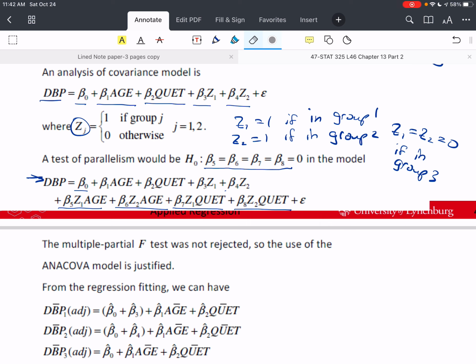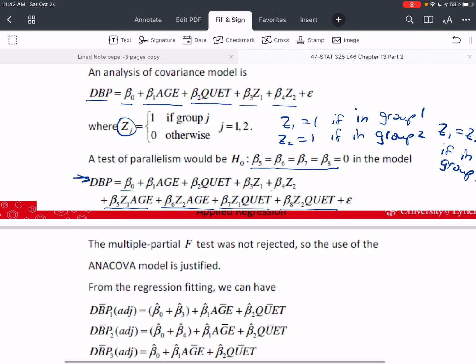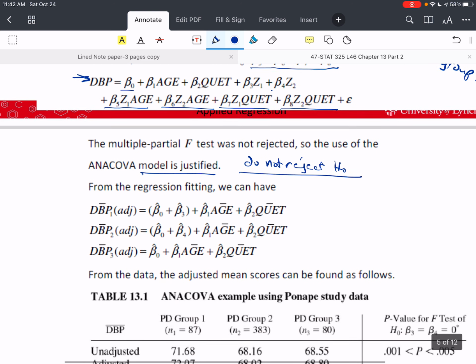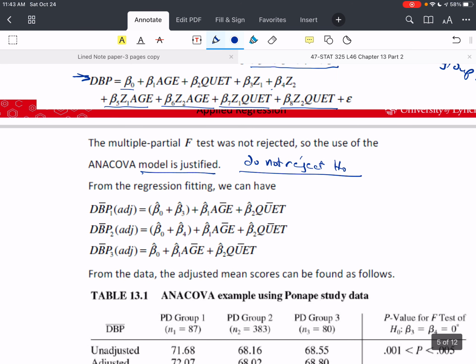So the use of the ANACOVA model is justified. So we do not reject H naught. From the regression fitting, we can have that the mean,